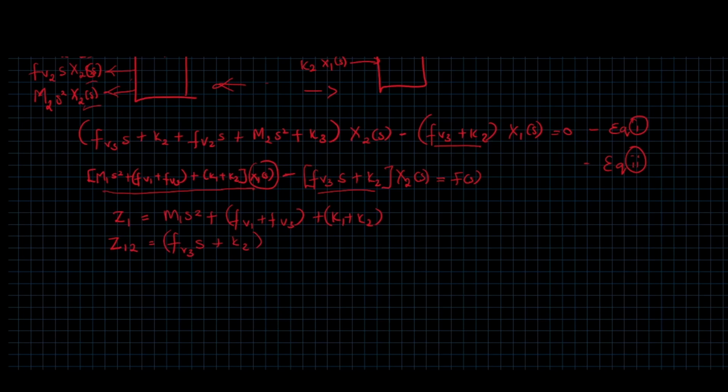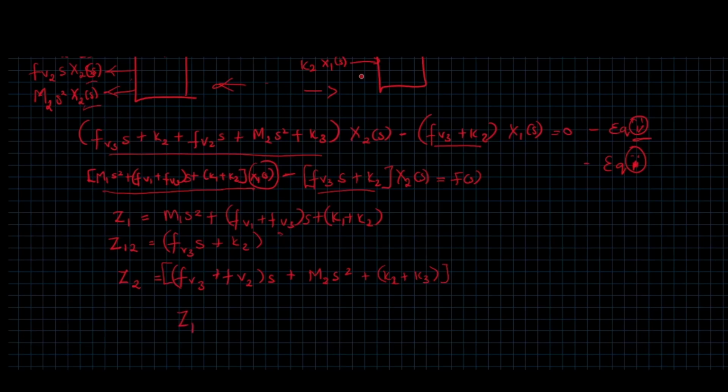And then for the last one, let's call it Z2, that's for this entire equation here, FV3. Sorry, I forgot to write S here. I forgot about the S. Please do not forget to put it. It's very important. So now the equation 1, actually this is equation 2 and this is equation 1. So equation 1 will become